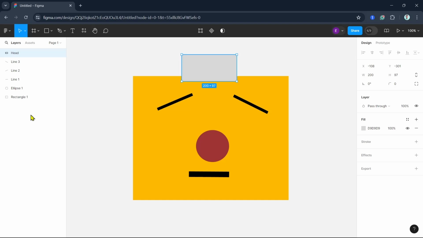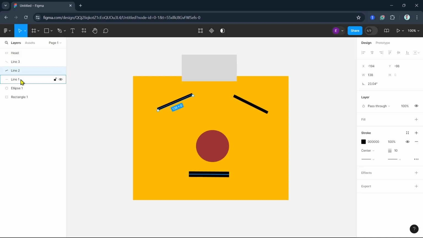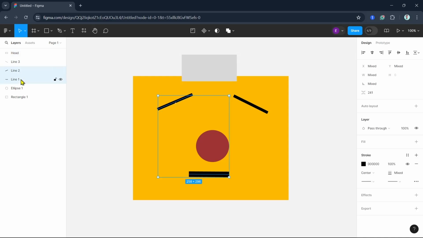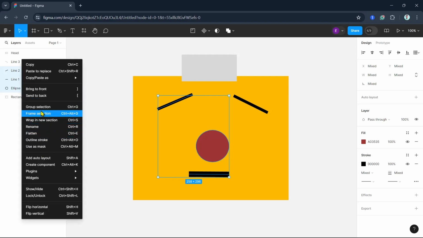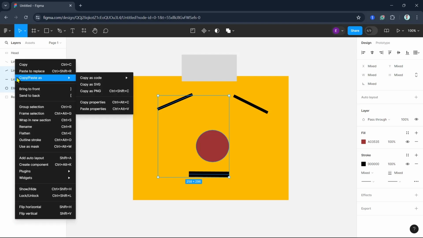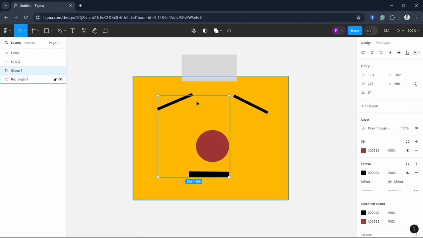Now you can group multiple layers together to keep related elements organized. Select the layers you want to group. For example here, press Control while selecting the layers, and then press Control G, or just right-click and select the group selection. As you can see here, the shortcut is Control G. Once you click on that, group layers are now formed and